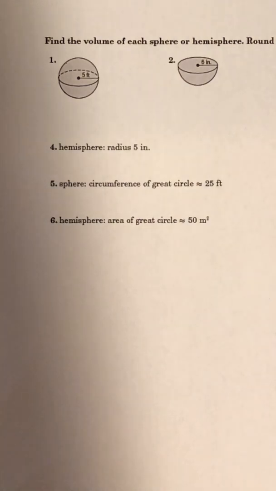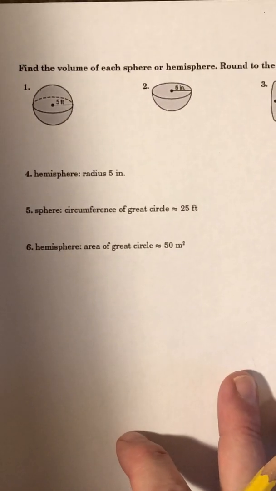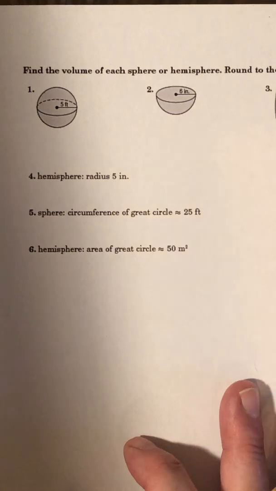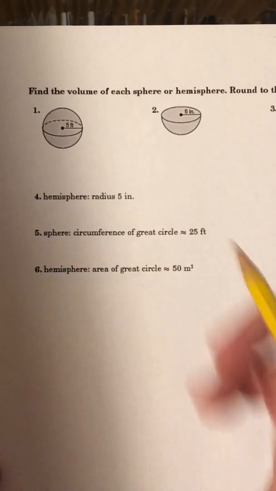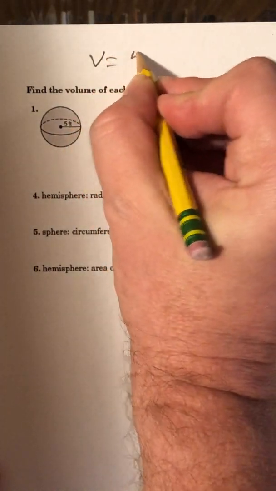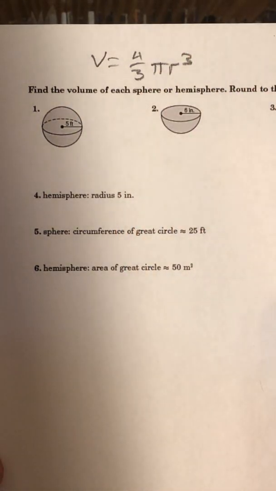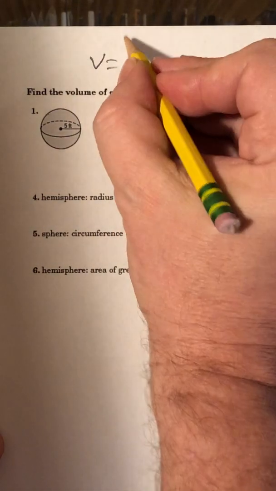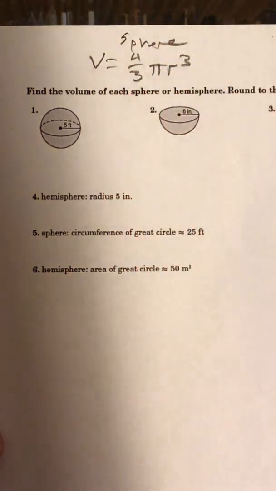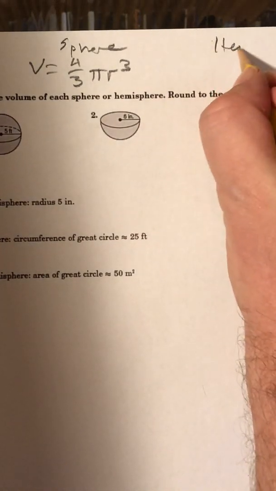Okay, finally, we're going to look at the volume of hemispheres and spheres. Sorry, a couple of hemispheres here, and then you've got spheres. So remember that the volume of a sphere is equal to 4/3 pi r cubed. The volume of a hemisphere would be half of that. So this is a sphere, and then a hemisphere,